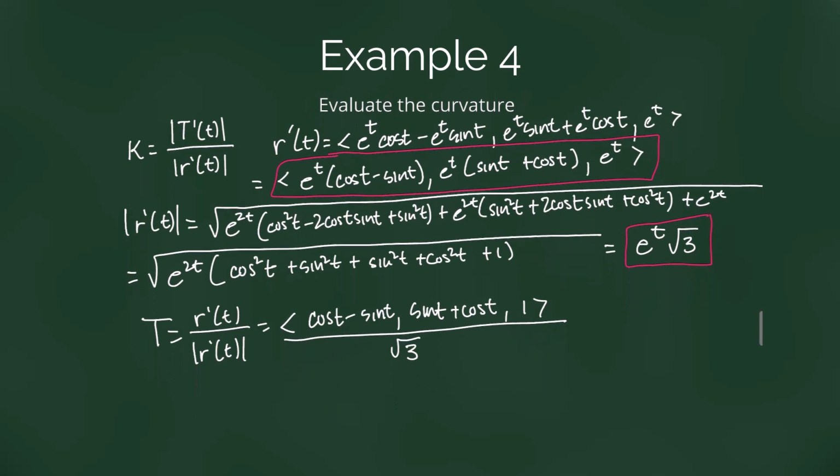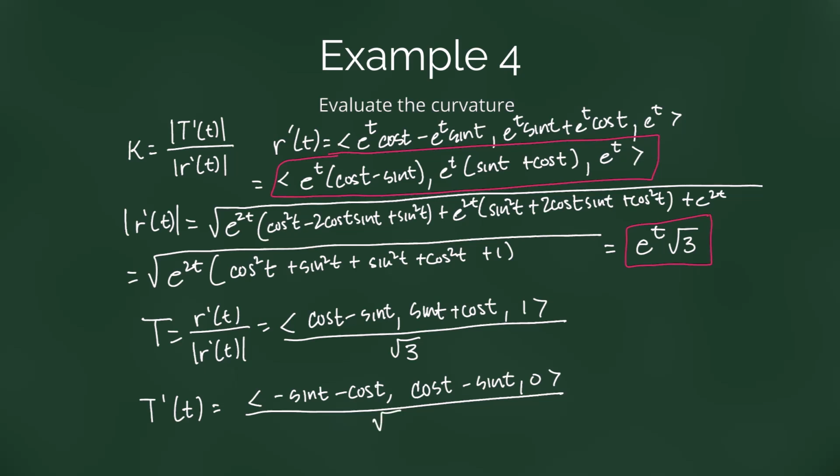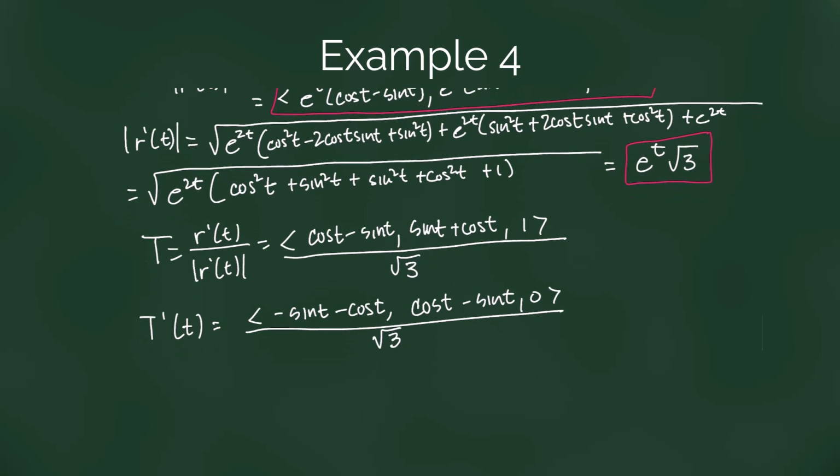Now we get to do T prime. T prime of t is going to be negative sine t minus cosine t, cosine t minus sine t, 0, all over the square root of 3, because the derivative of a constant times the function is the constant times the derivative of the function. And now we're going to take the magnitude of that guy. So the magnitude of T prime of t